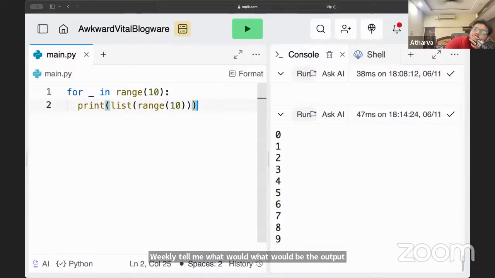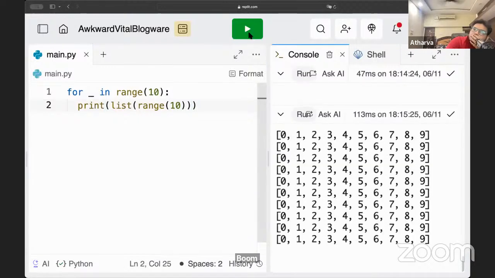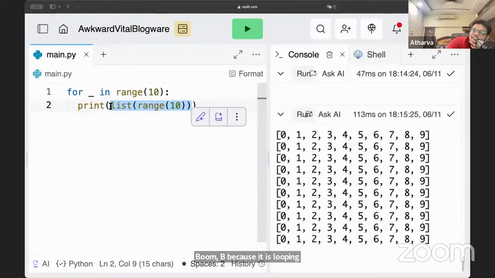Boom, boom, boom, boom, boom, boom, boom, boom, boom. Because it is looping 9 times. That is why.